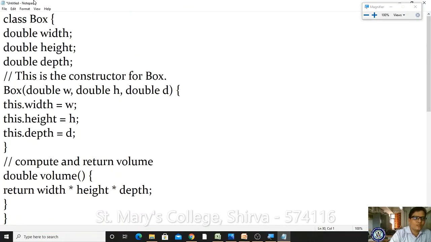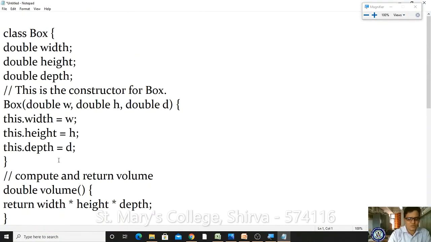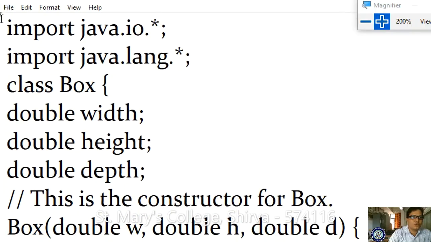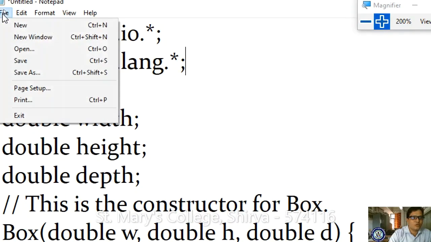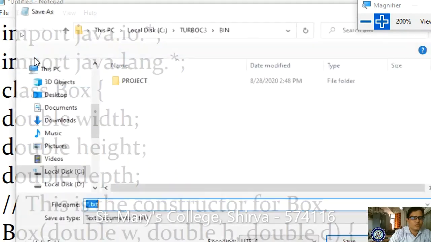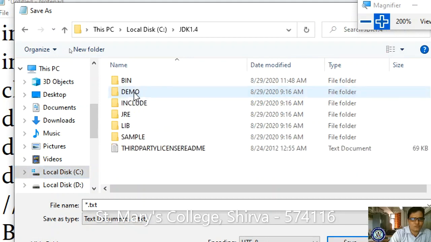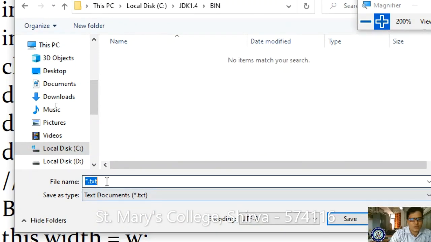This is my program, and it is always better to add some statements: import java.io.* and import java.lang.*. While saving, you should know where you are supposed to save. I'm going to File, Save. We have to confirm in your C drive whether the JDK 1.4 folder exists and the bin folder exists, and I'm saving with the name of the class.